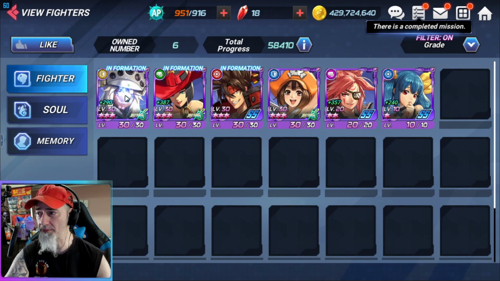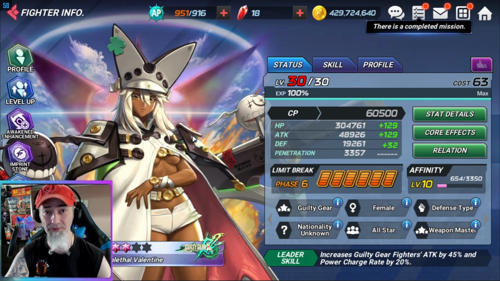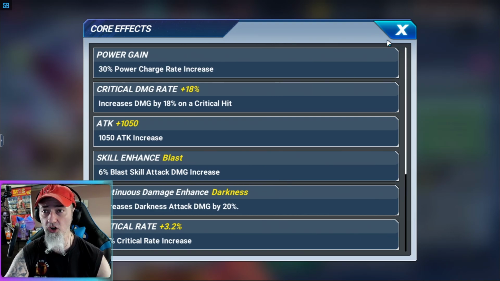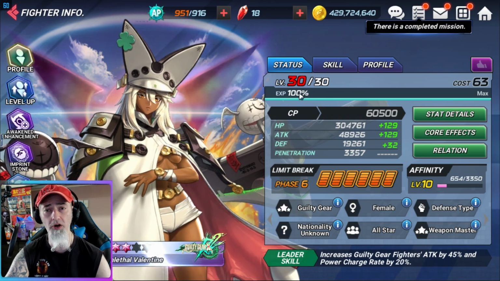All right, so now we have Ramlethal, who's a pretty interesting character because she actually has double dot, and she actually has double dot explosion with darkness and starlight. And she does have darkness in her core. And this makes it really difficult to figure out which imprint stones are actually better for her, because when you